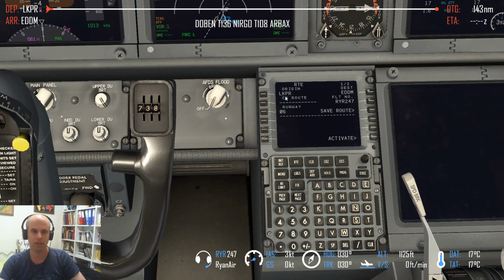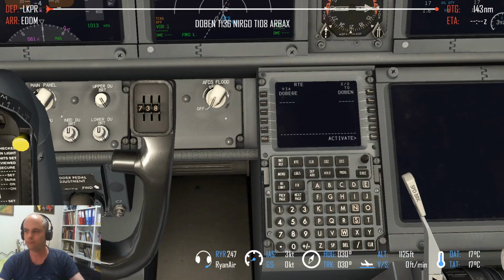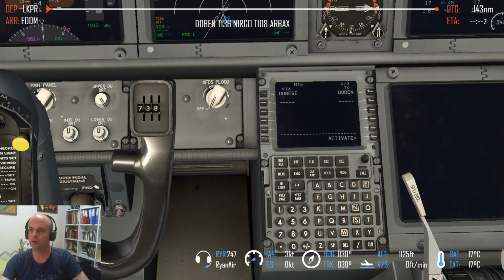The route is, we already set the origin and destination. Then we can click the next page and actually set the waypoints. I've already created a plan using SimBrief, and our route for the flight today